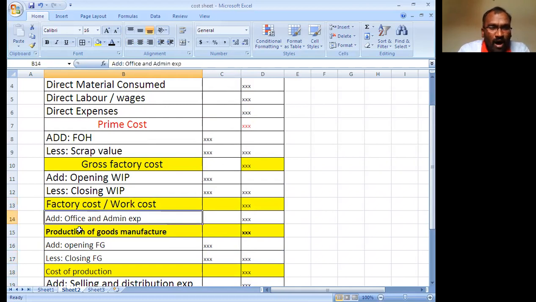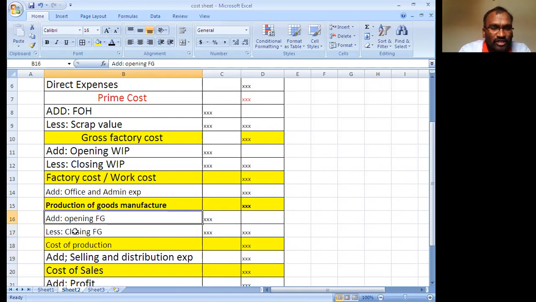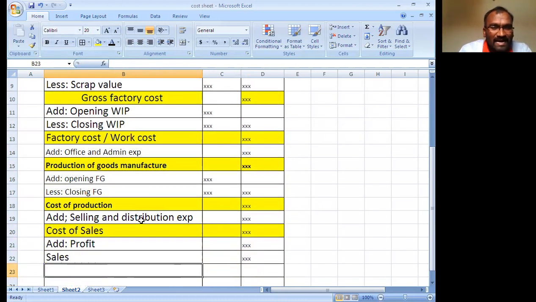Next, add office and administrative expenses, and you get the production of goods manufactured. Next, add opening finished goods, less closing finished goods, and you get the cost of production. Next, add selling and distribution expenses to get the cost of sales, and then add the profit. Finally, you get the sales value. This is the cost sheet.